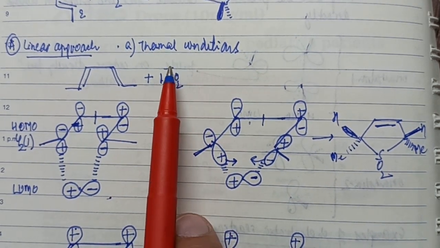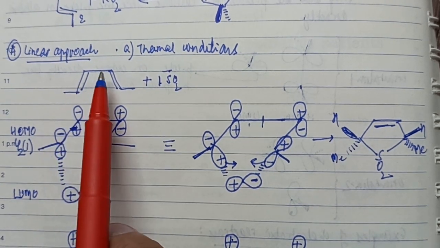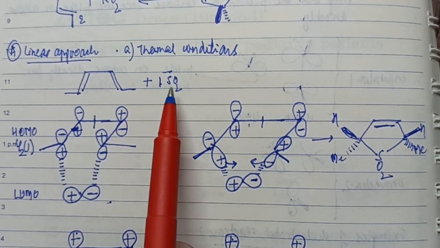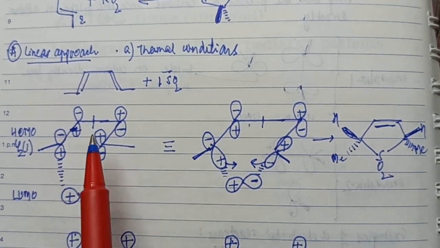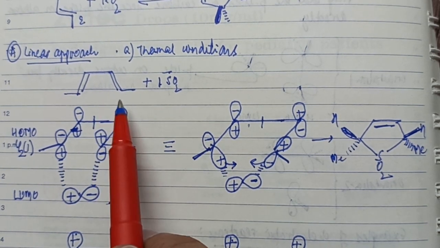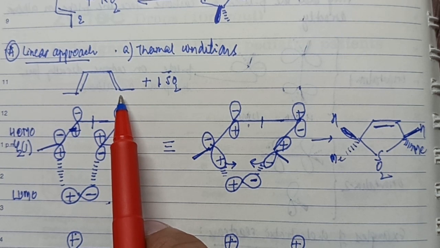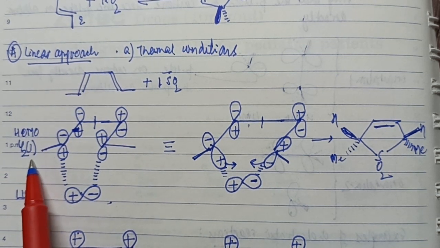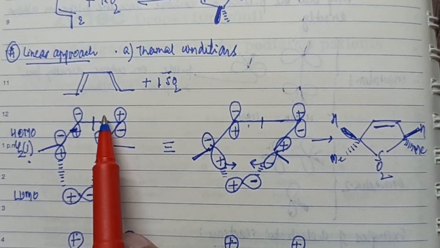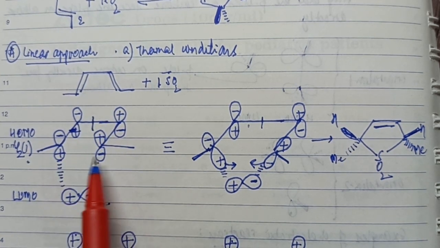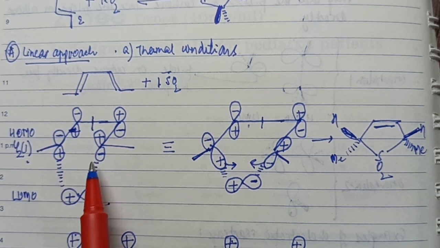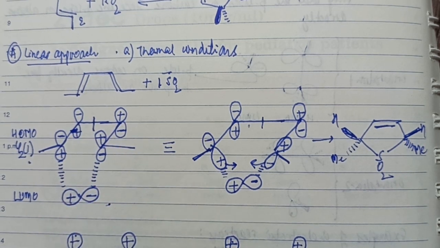Now under thermal conditions, using the FMO approach, I have to take the HOMO of one reactant and the LUMO of the other. Let's say I start by taking the HOMO of the diene and the LUMO of the sulfur dioxide moiety. The diene is a 4-electron system, therefore the HOMO has to be Psi2 with one node, depicted here. Since there is an odd number of nodes, the terminal lobes of the diene system on the same face will have different signs. So plus, plus, minus and minus.